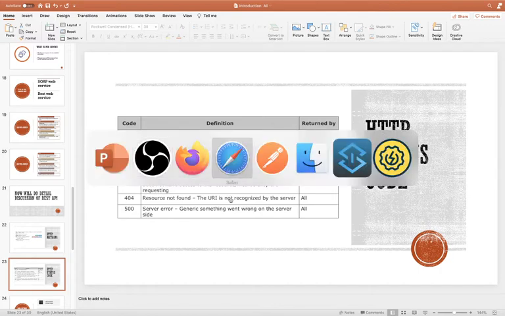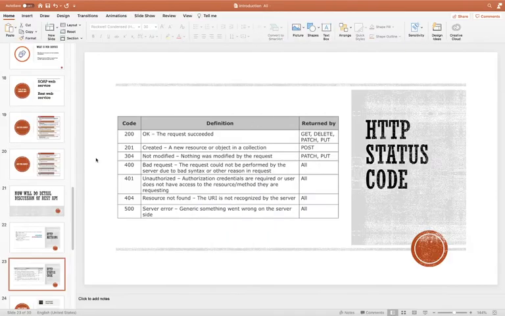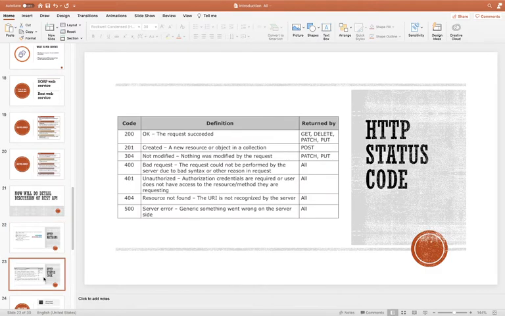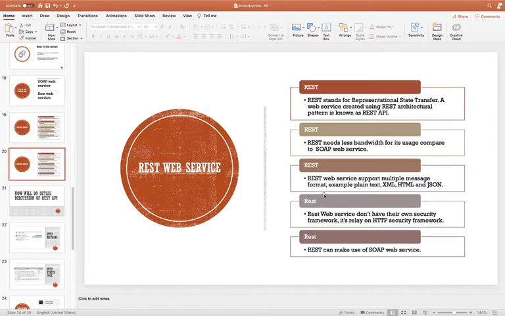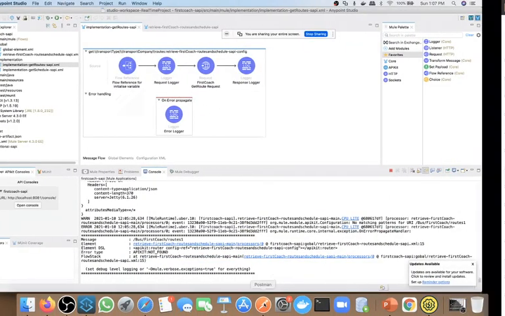Okay, let me create my... Actually, if you are a complete beginner, then you may not have an idea of what this is. So I have created one simple Mule application, or you can say Mule REST API. Okay, this API is up and running, and I will test this API with the help of Postman to understand what we discussed just now. Okay, what is this HTTP method, what is this status code, and all the things we have discussed here. So to understand this kind of thing, I will call my API.